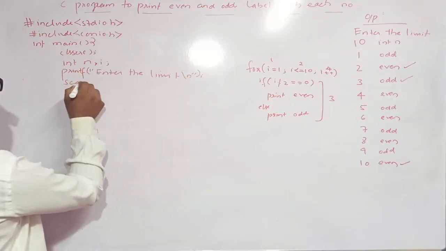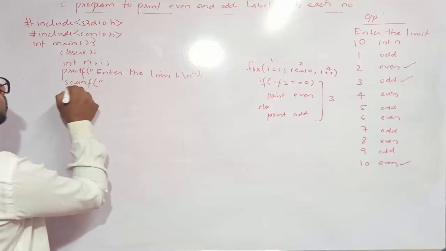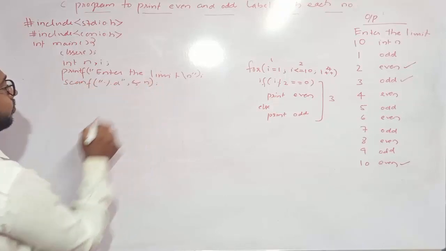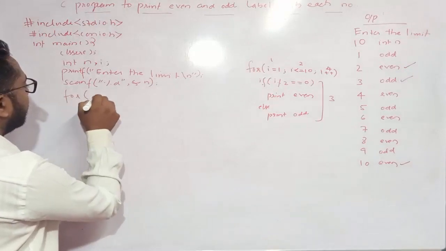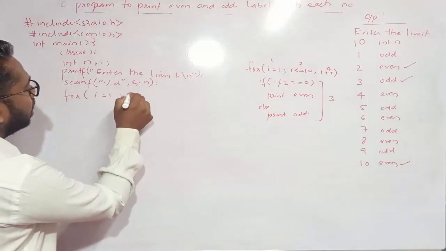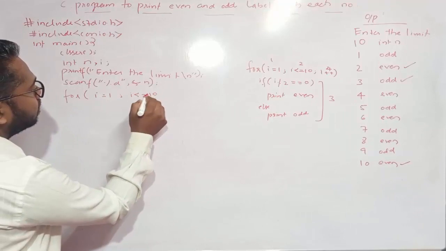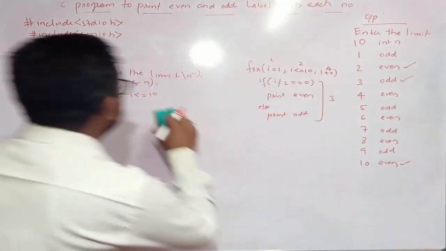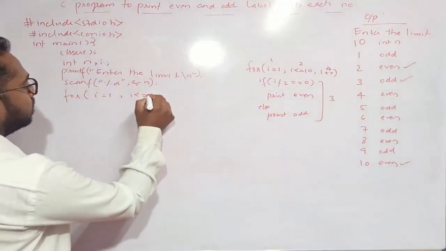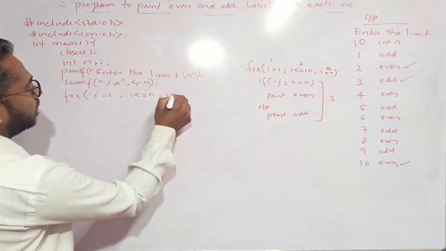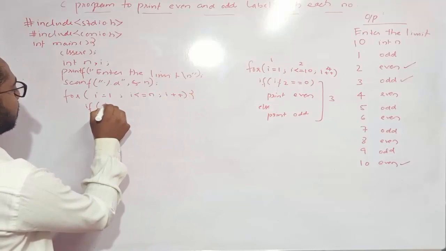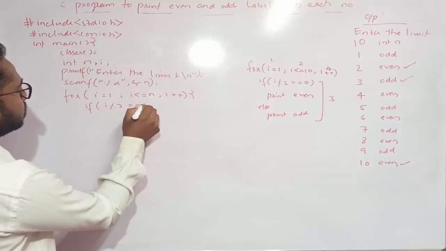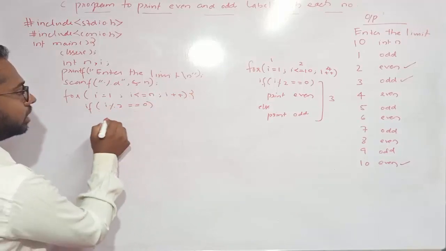Then I will read that input from the keyboard using the input function scanf for n. Now I will start this for loop. For i equals 1, i less than or equal to 10. I will take the value of variable n only. i plus plus. If i mod 2 is equal to 0, then